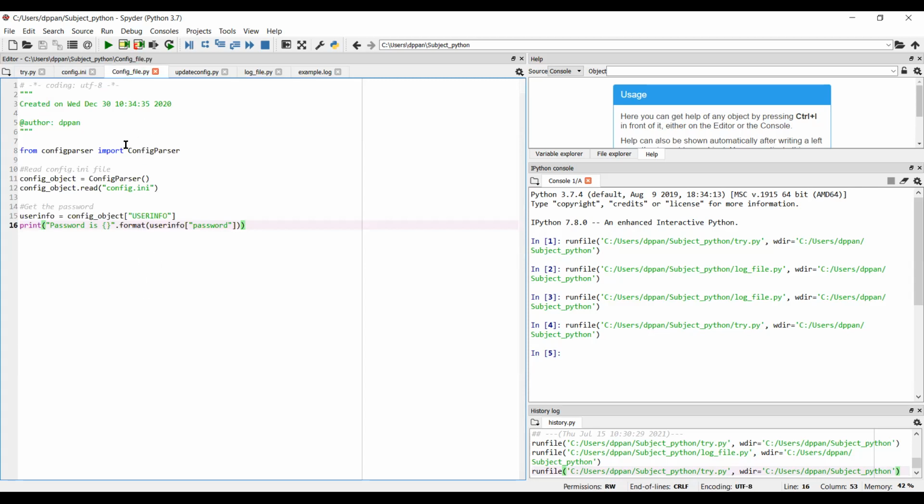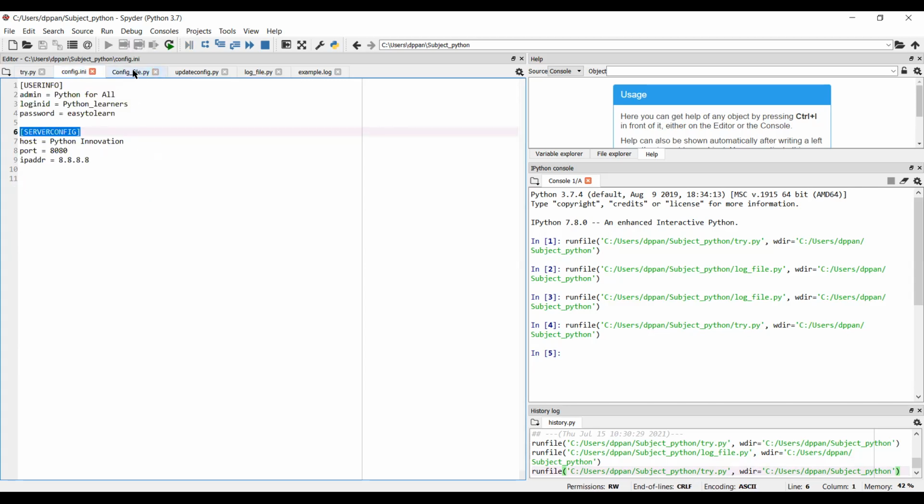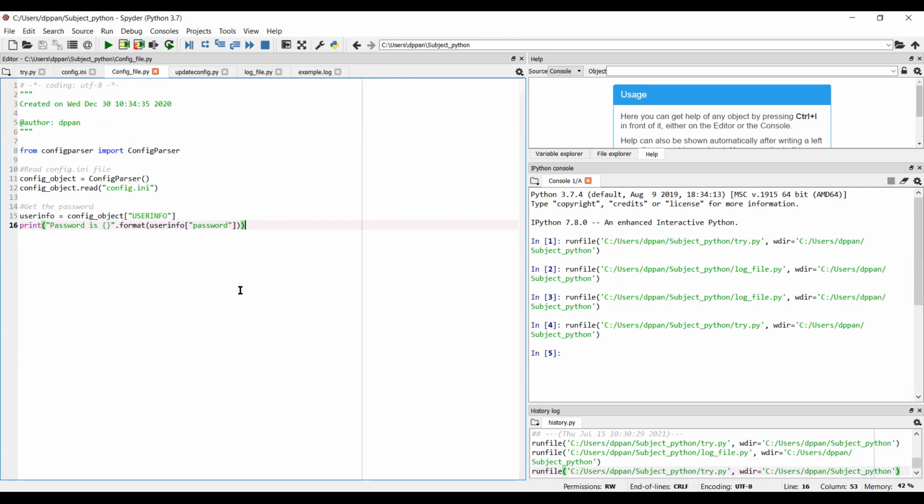I want to read whatever. I don't have the access directly as an end user. I may not have the complete access to the config file, but I can read that file. So how do I read it? I'll say from configparser import ConfigParser, and read the ini file. So first we need to take the object, right? The object is to be created for the config file, and then we'll say that dot read, which file is to be read? Config.ini file. Okay, so I've just read this file, and now